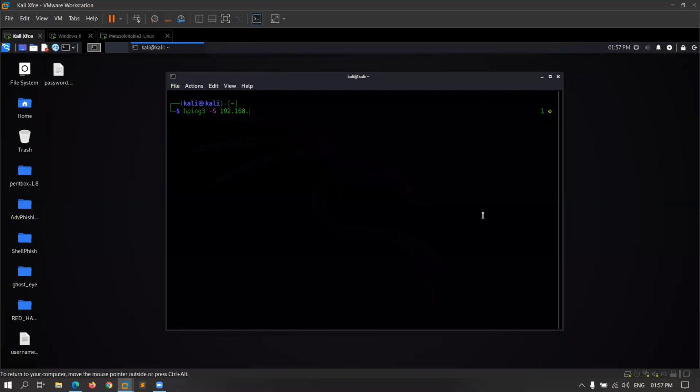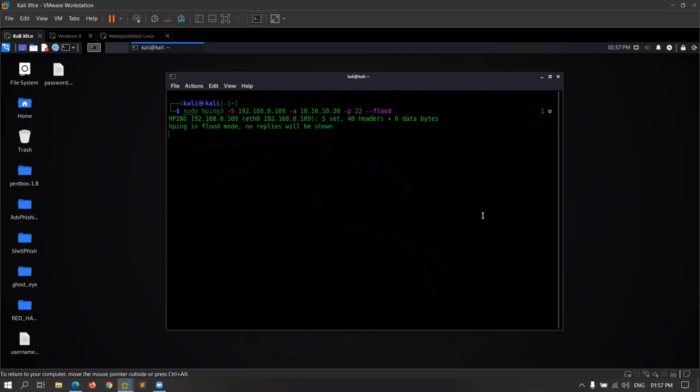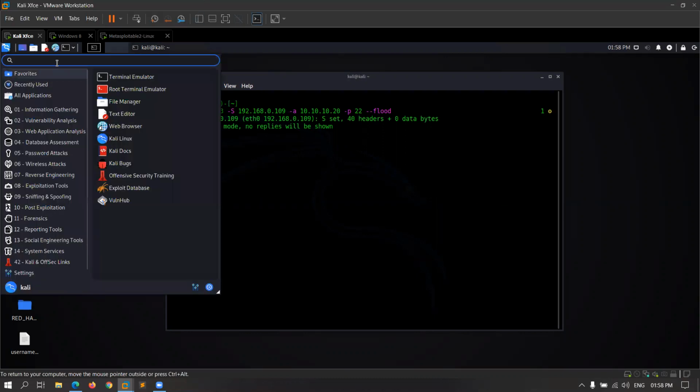So target machine is 192.168.0.109. -a attacker's fake IP address. -p the port number on which we are going to perform the attack, and --flood. And let me put sudo so that it can work properly. And it has performed flood, which means DoS attack on the port 22. And you can also identify it by using the Wireshark tool.